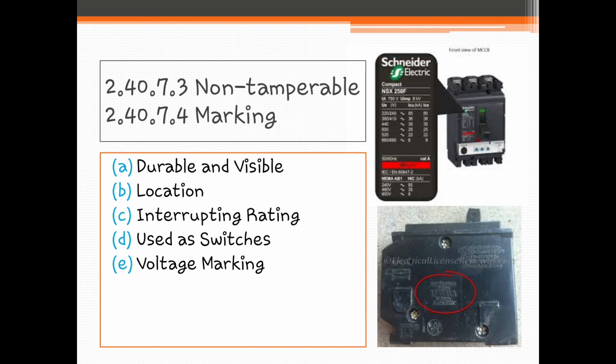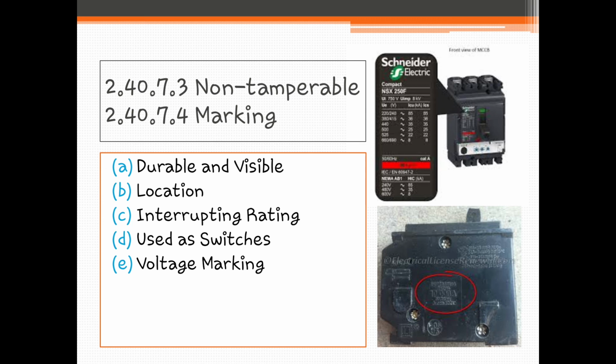Next is 2.40.7.3, non-tamperable. So I have already discussed this and also the marking. So here are the examples of circuit breakers with markings. Dapat durable and visible. Dapat jud makita nato ang markings. Location, dapat lang location po. Actually, ang location sa marking,